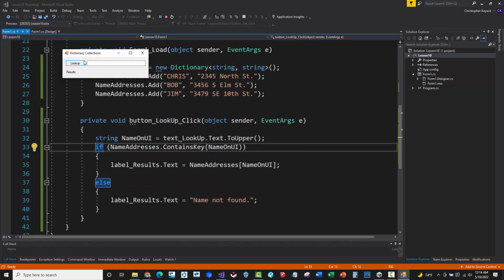In fact, if I just say lookup right now, it says name not found because I didn't enter anything, right? So let's put in, say, Nathan as an example, and lookup: name not found. All right, well, let's try Chris. Lookup, and there it is. There's the street, right? 2345 North Street. So basically it found it, and notice that this is in partial capital, partial lowercase, but it found it because I did a to upper of this, and then it looked that up in the address book